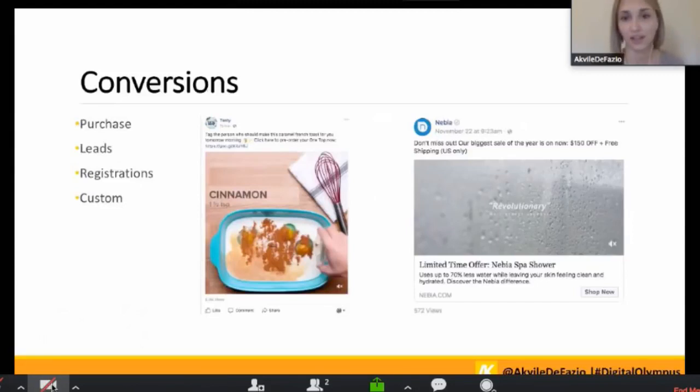And Nebbia on the right, they are a spa shower, and here they tastefully and beautifully show customers using their product. In between the different segments, they start off with a simple overlay with an image of water droplets. So if you have something that resembles your product that can be blended into the background, and you can do a simple review or a quote overlay from a reputable source, that's really helpful for conversion campaigns, because at this point, the user knows about your brand, but they haven't made the final purchase yet.